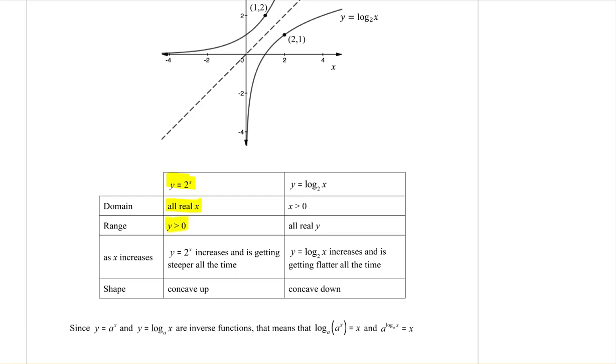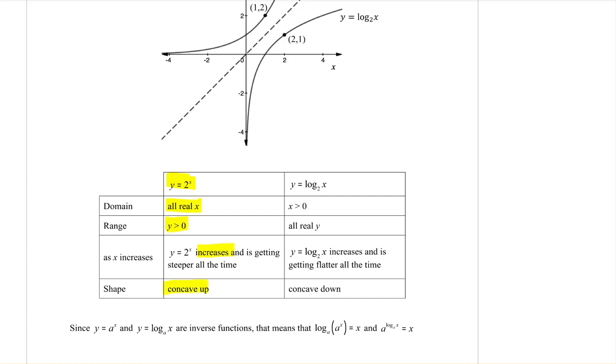It will never hit the 0 because that is an asymptote that it is approaching. Another way to describe it is that the curve is always increasing and it is getting steeper all the time. That's what we mean by exponential increase. It's getting steeper and steeper all the time, and it is in an upwards direction,